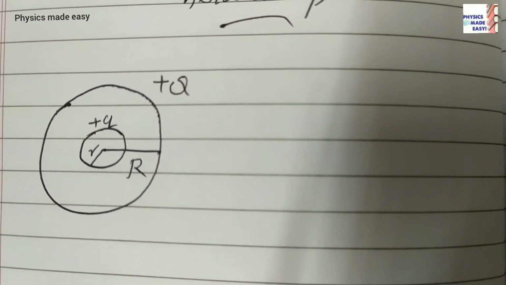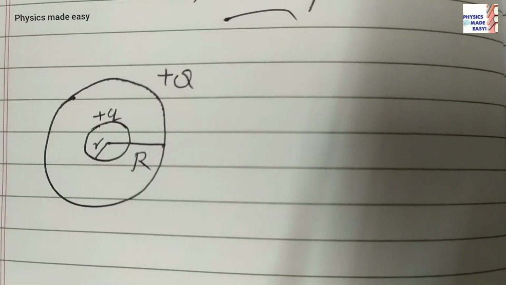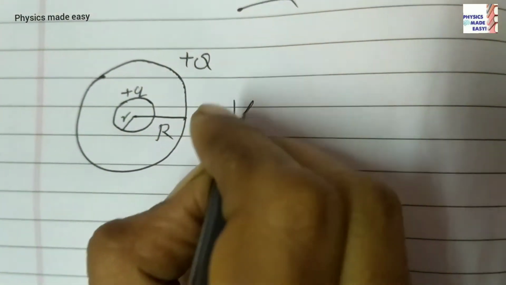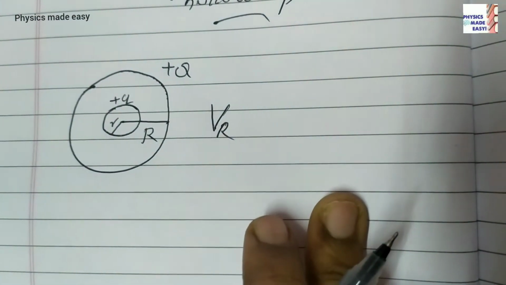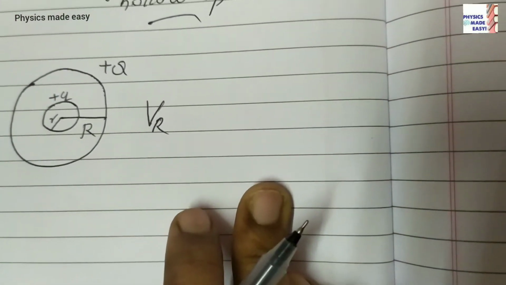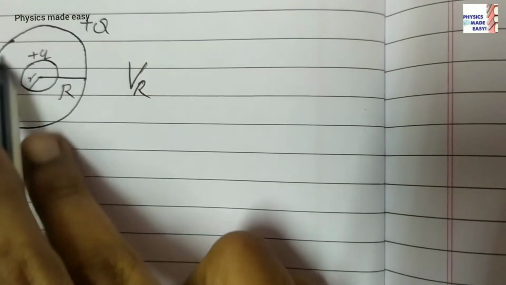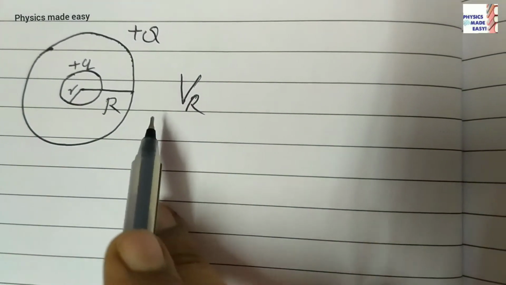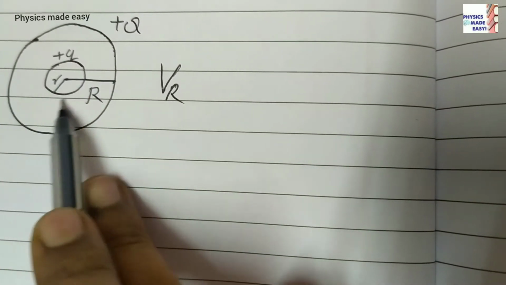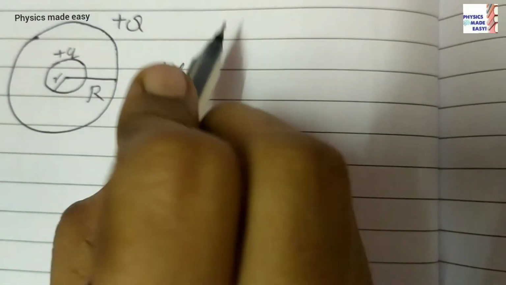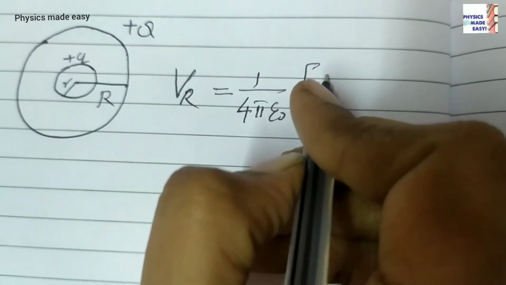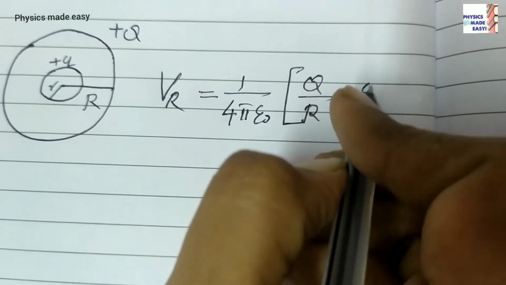Here we have to write equations for the potential. So the total potential on the outer sphere, we can take as V_R. That potential will be the potential due to its own charge plus Q, Q being the charge on that outer sphere, plus the potential due to the small charge q on the inner sphere. So we can write V_R is equal to 1 by 4 pi epsilon 0 Q by R plus q